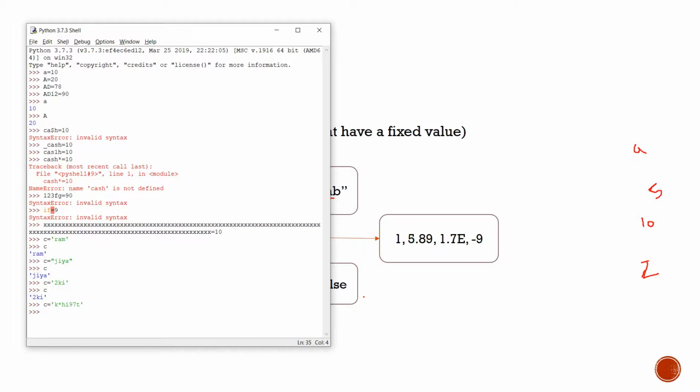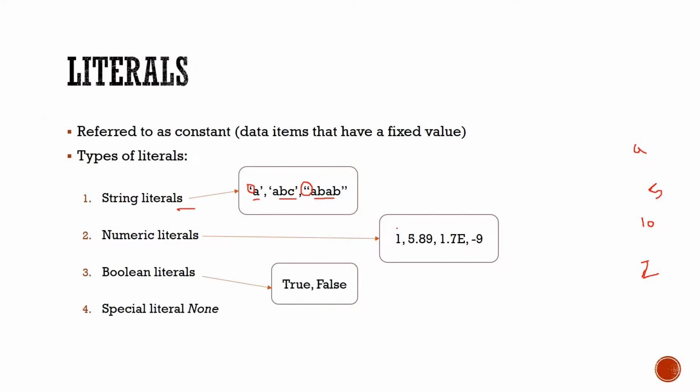Okay, it is also a literal. So anything that is coming under an apostrophe, it is a literal. Okay, string literal. Now our next one is the numeric literals. In numeric literals, first one we are having the integer literal, then we are having the float literals, after that we are having exponential literals, and we are having also the negative literals.